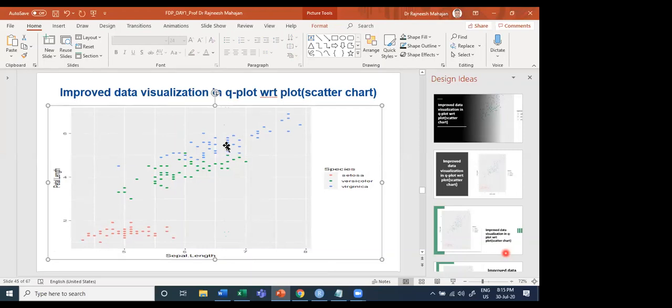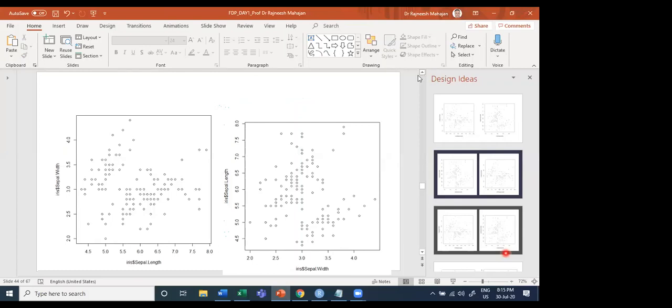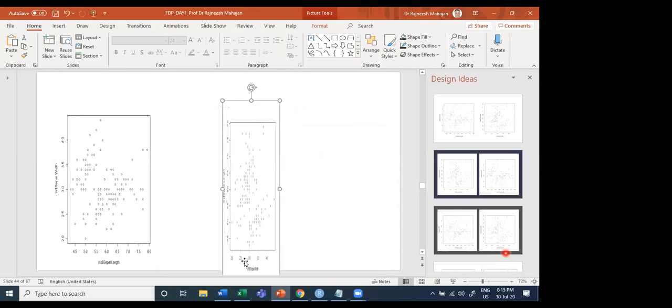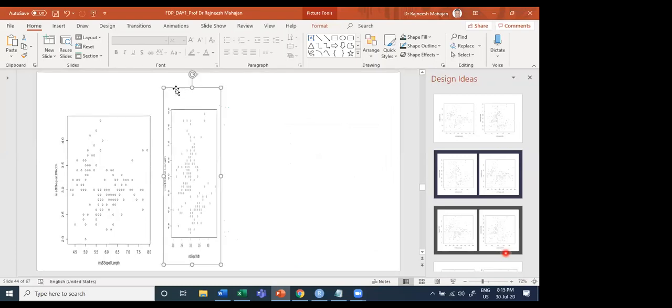And if you go back to the previous slide, you may not find any head or tail of this. So let's compare 3 products together and see how beautifully the Q plot has come in your system for analysis.